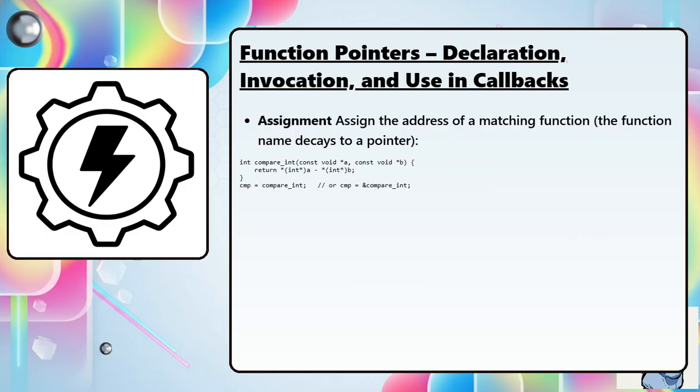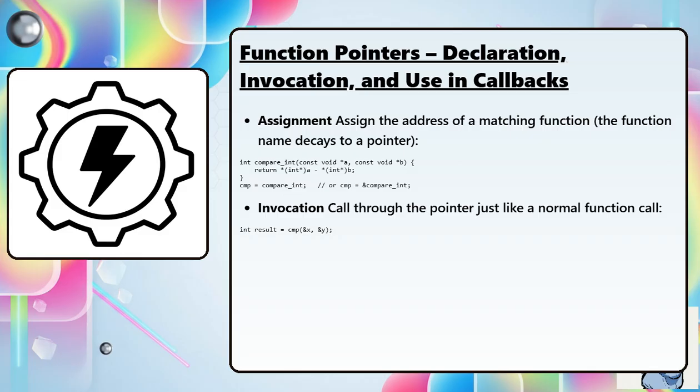Assignment: assign the address of a matching function. The function name decays to a pointer. int compare_int(const void *a, const void *b) { return *(int *)a - *(int *)b; } cmp = compare_int; // or cmp = &compare_int; Invocation: call through the pointer just like a normal function call. int result = cmp(&x, &y);